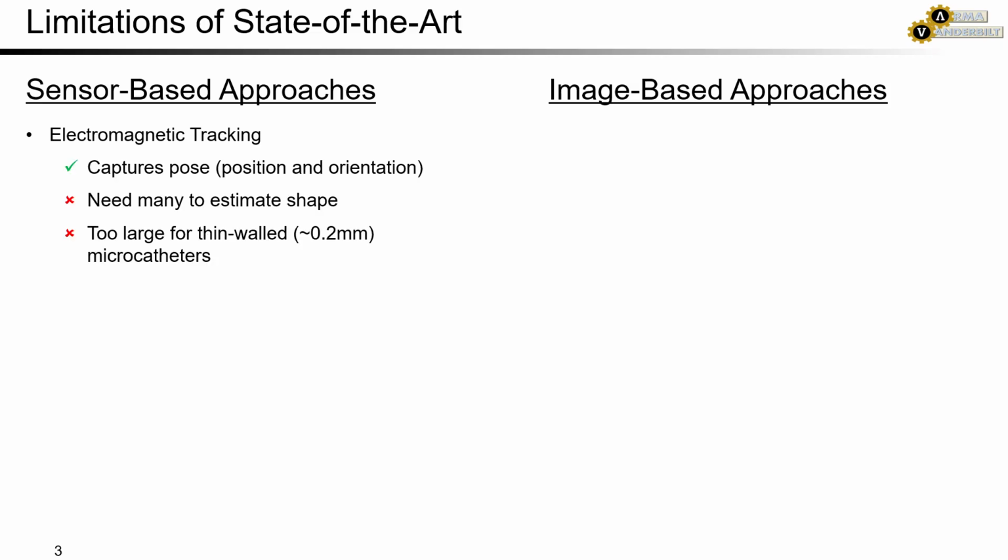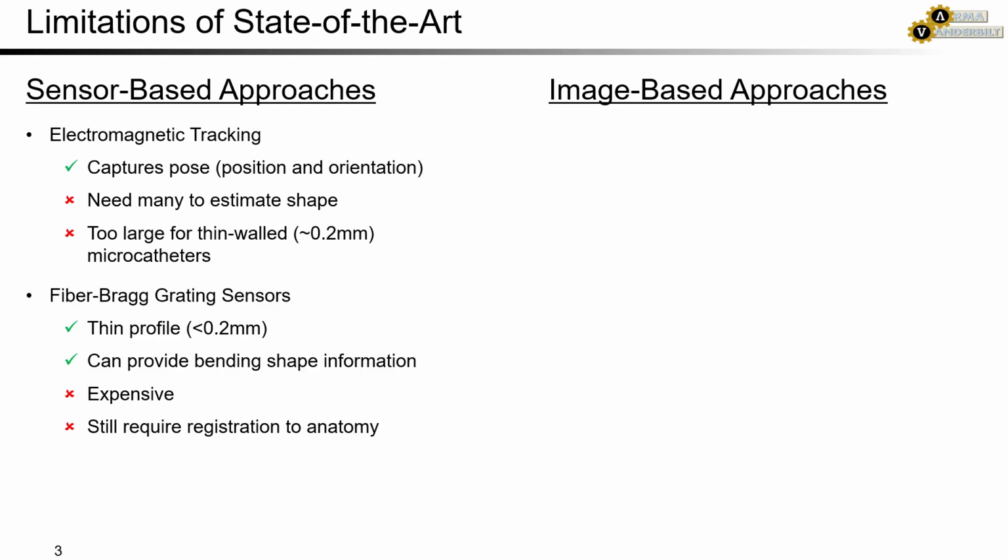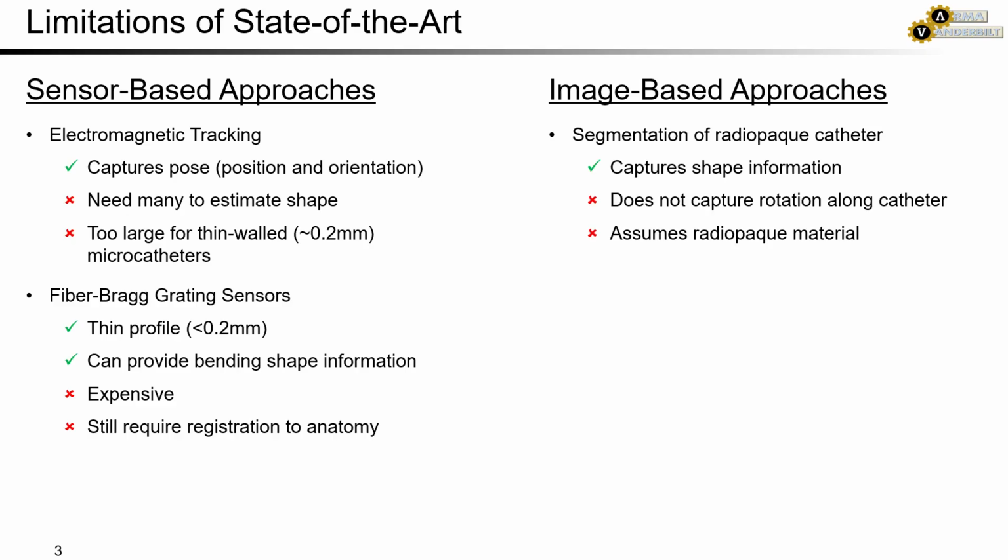Existing works aiming to track catheters fall into sensor-based and image-based approaches. Electromagnetic tracking requires coils placed in the catheter, which provides complete pose information but lacks shape information and is hard to miniaturize for thin-walled catheters. Optical fiber approaches such as fiber Bragg grating sensors can provide shape information but are expensive and sensitive to thermal effects. Many works have reported segmentations of catheters as a spline, assuming the material is radiopaque, but does not capture